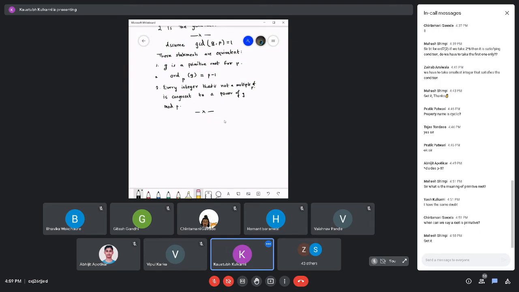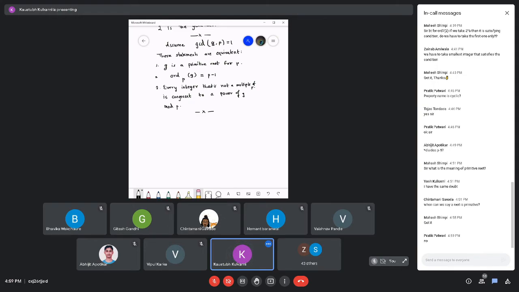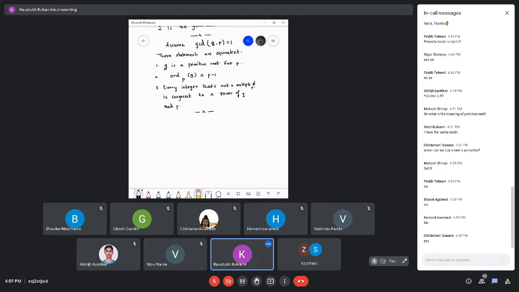Now this is becoming just plain mathematics. Let me give you some context. Primitive roots are used in the Diffie-Hellman algorithm. Have you heard of the Diffie-Hellman algorithm? It is a key exchange algorithm. Okay, you didn't have it in your course. So what happens is